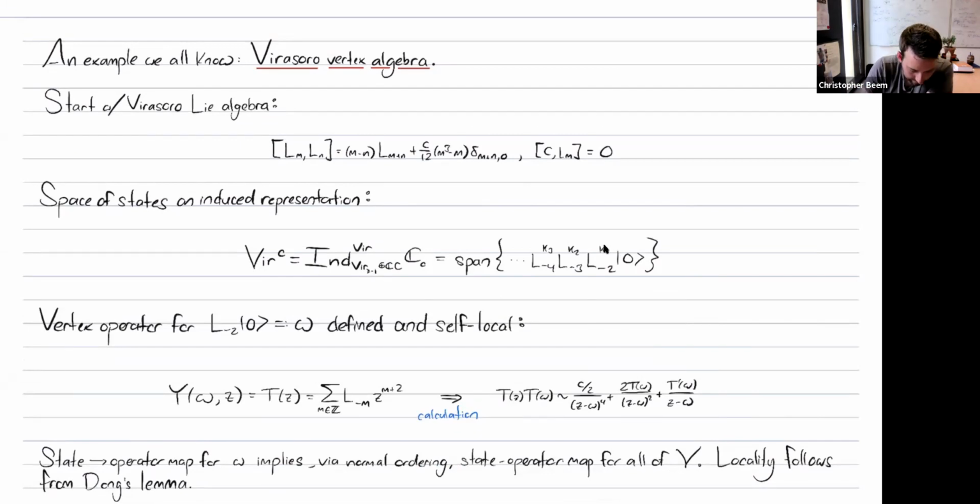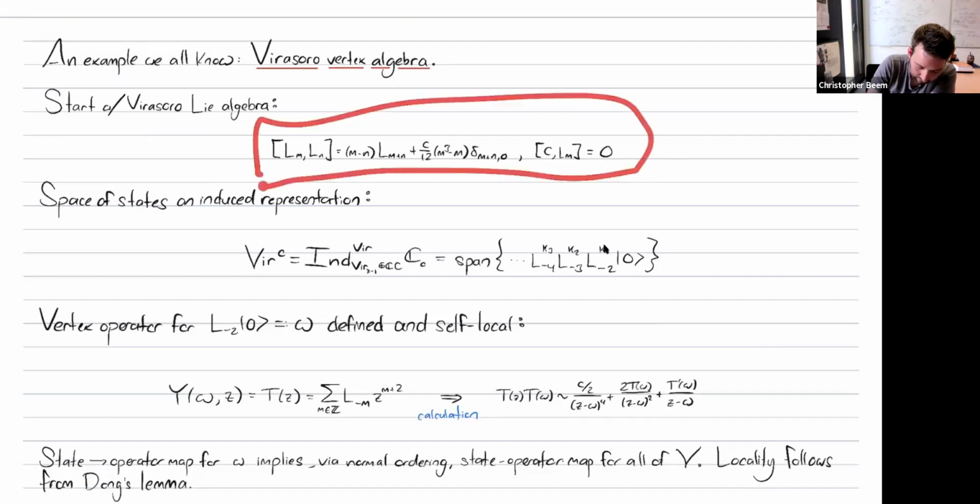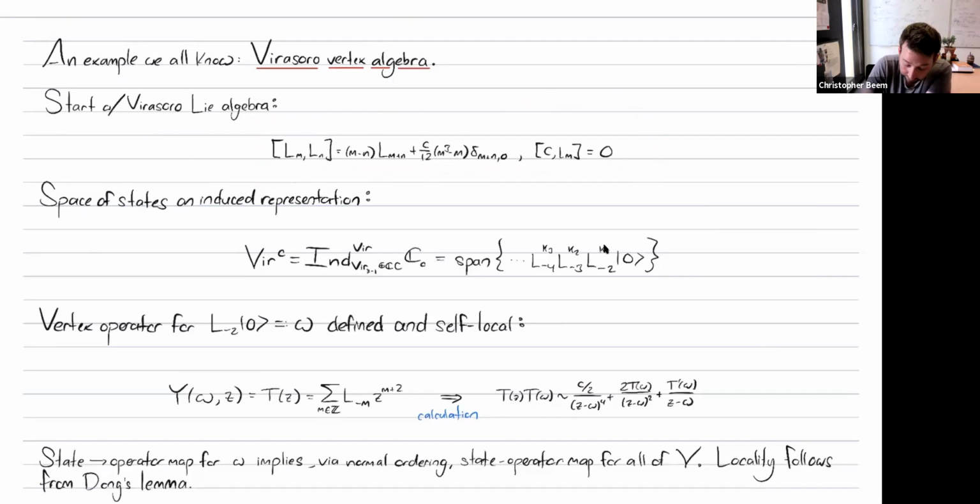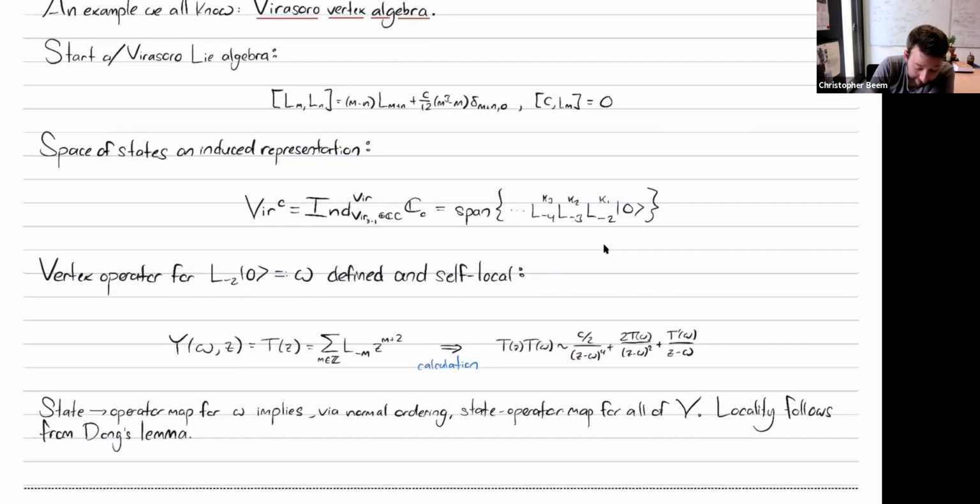The starting point is the Virasoro Lie algebra, of course, which is this infinite dimensional Lie algebra spanned by the L_m, where m is in Z, and a central element named C. Hopefully this is your favorite infinite dimensional Lie algebra. And then you build a space of states to start with. The fancy way to describe the space of states is that you take the induced representation of this Virasoro algebra, starting out with the one-dimensional representation